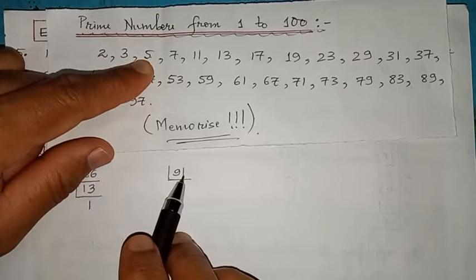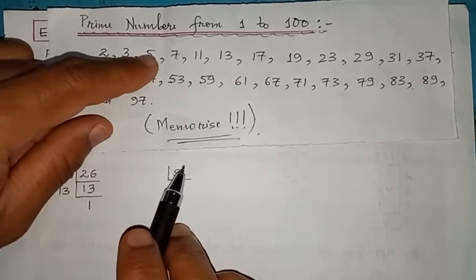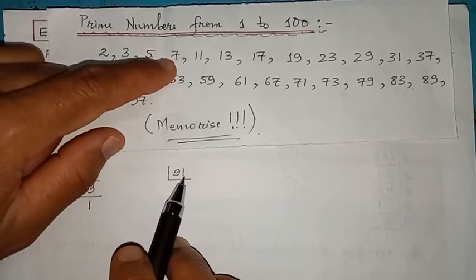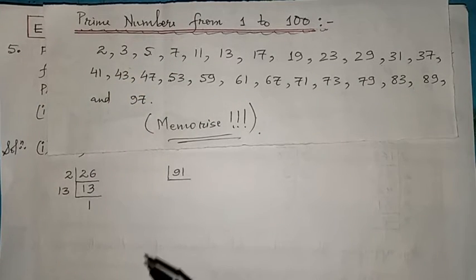But see, there's neither 0, there's not 1 or 5, there's 1. So we cannot divide by prime number 5. Okay. Now after 5, confirm that it's not divisible. Now we should try by 7. For 7, there's no test. You have to divide in the rough. So let's divide 91 by